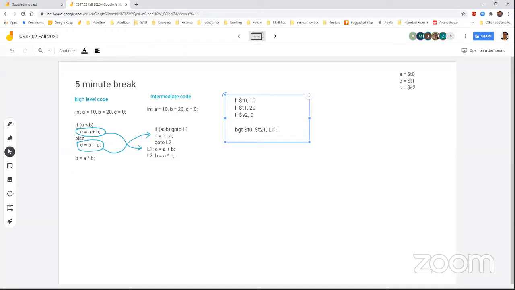The next one, so this one is this, right? So this one is this. And next one is a sub. The result is in C, which is S2, B minus A. So it is T1, T0. So this one is this. Yeah, and then go to L2, which will be jump L2, and then L1